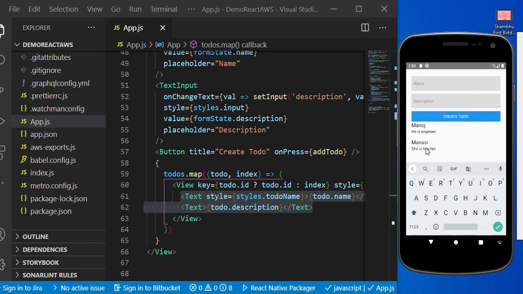So see here, we have successfully deployed our GraphQL API, and we have connected this Todo app with our GraphQL API. So we have completed the first feature, that is adding API in our Amplify framework. In our next video we will discuss how to add the next feature, that is the authentication feature in our project. If you find any difficulty in understanding any point, then you can ask your queries through comments. That's all for this session. Stay tuned for further updates.